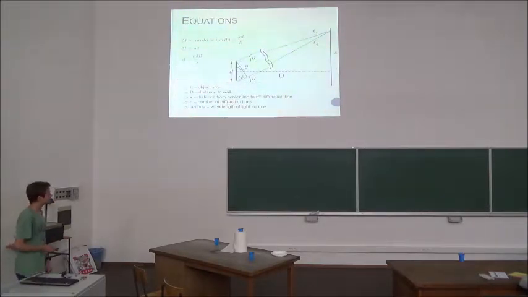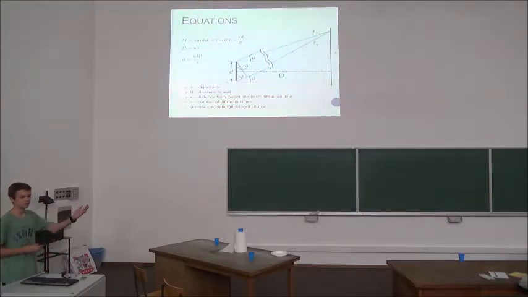So here we have our object, and we have two light rays coming away from it. If the surface we are projecting onto is very far away, we can approximate them as parallel light rays. Then this triangle here is a right-angle triangle, and this bit here, delta L, we can write as sine theta, which is this angle, times the hypotenuse d. Since theta is small, we can approximate this as arctangent of theta times d. And if these are parallel, then theta is also here. These two triangles are similar.